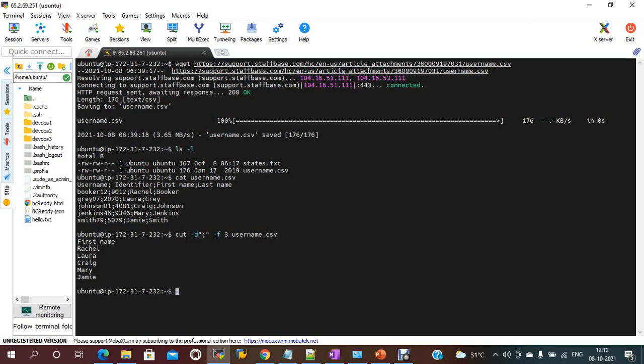Suppose your delimiter is hyphen, you just need to use hyphen. If your delimiter is comma, you just need to use comma. It will remove that delimiter and display that particular field.